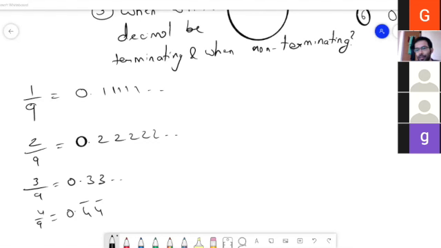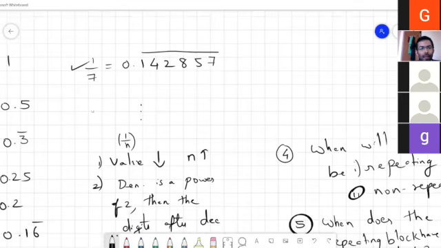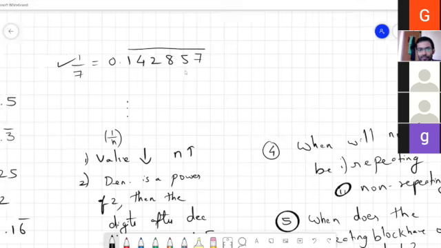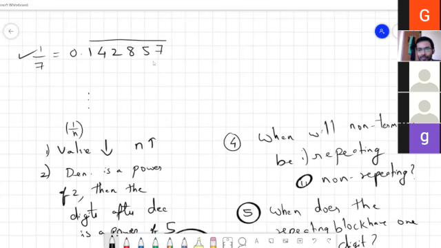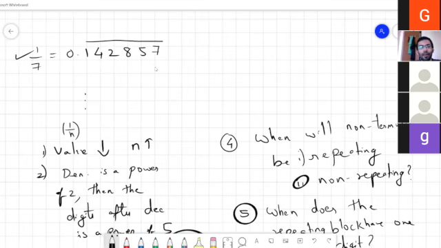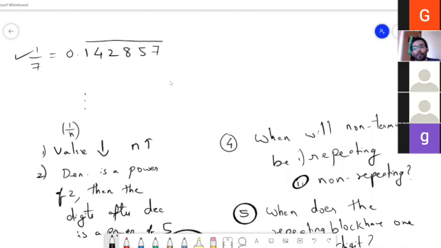When you do 1 by 7, there is a repeating pattern, right? So when we do 1 by 7, we have 0.142857 repeating, yes. That set of numbers keeps coming every time. If it is 1 by 7 into half, or 1 by 7 into 1 by 4, 1 by 8, powers of 2, that same set repeats. The first numbers are something else. After that, that set is repeating.